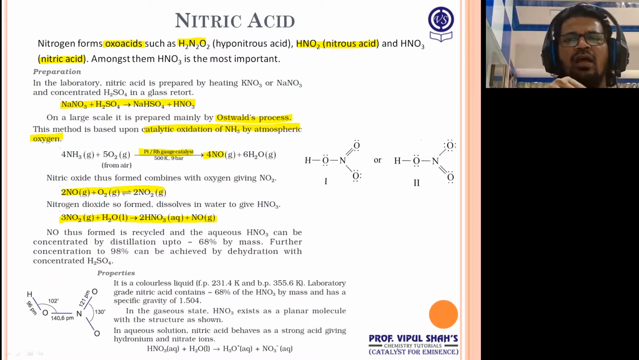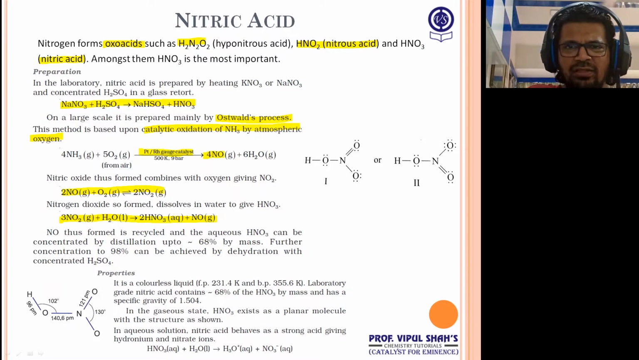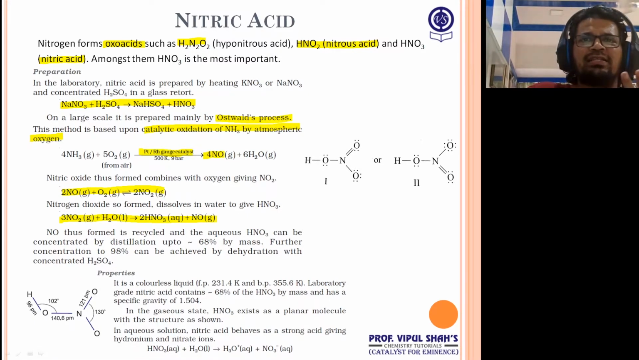Once again, ammonia on catalytic oxidation with atmospheric air, with platinum or rhodium catalyst at high temperature and pressure. First it's going to form NO. That NO with atmospheric oxygen forms NO2, nitrogen dioxide, and that nitrogen dioxide with water will give us nitric acid. The byproduct is NO, which can again be converted back into NO2, and then NO2 can be reacted with water to give you back nitric acid. So it can be recycled, and the distillation gives a concentration of around